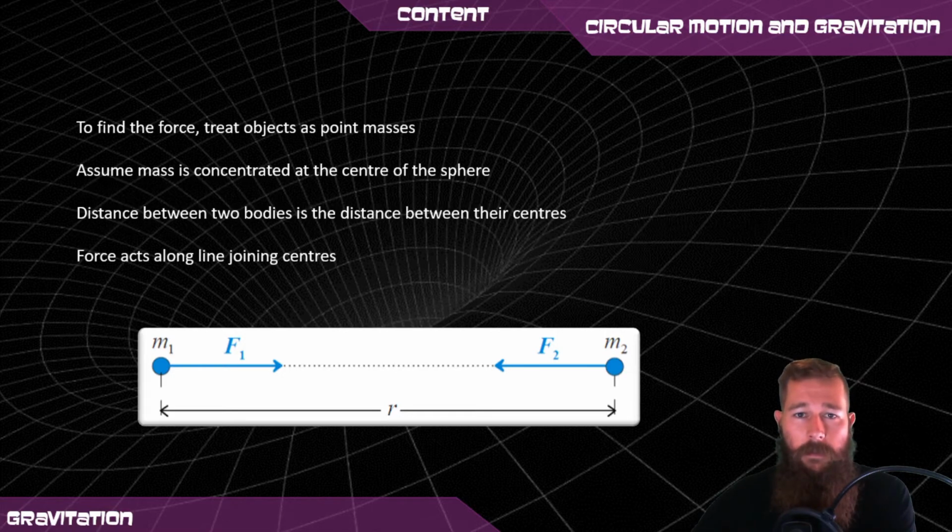on the sheet. So to find the force, treat the objects of concern as point masses, assuming that all the mass is concentrated at a central point in the center of a sphere. The distance between the objects is the distance between the two center points, and the force acts on a line